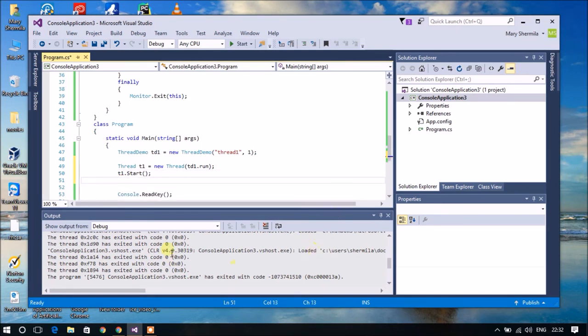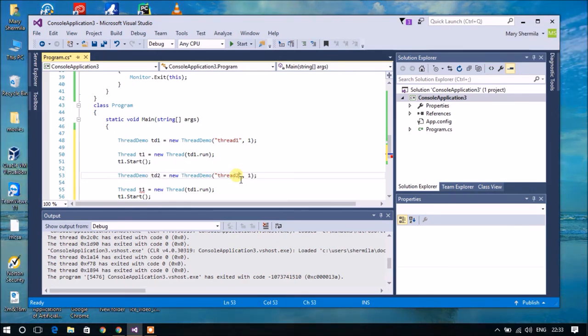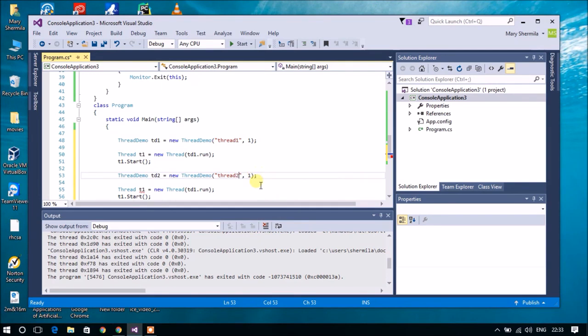Repeat the same for your thread 2 also. So here I am going to create an object td2 for my ThreadDemo, and I am going to pass the value thread 2, and I have given the same counter variable 1. Here I am going to create an object t2 equal to new Thread.